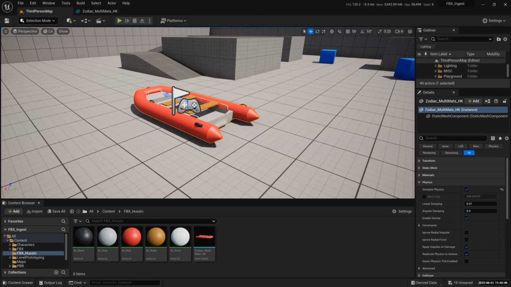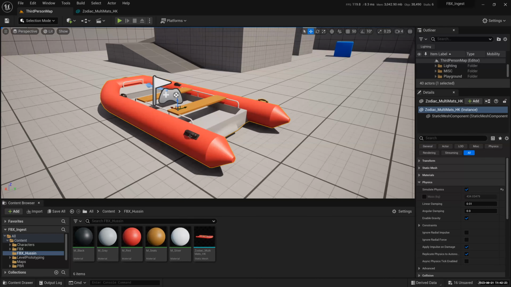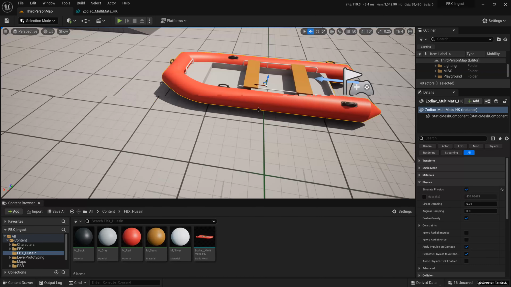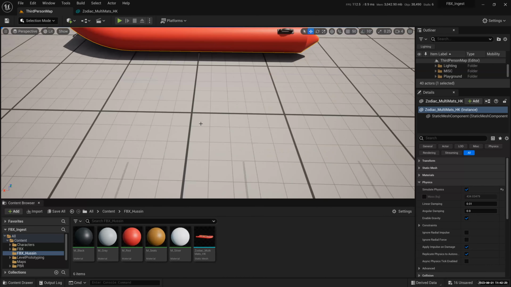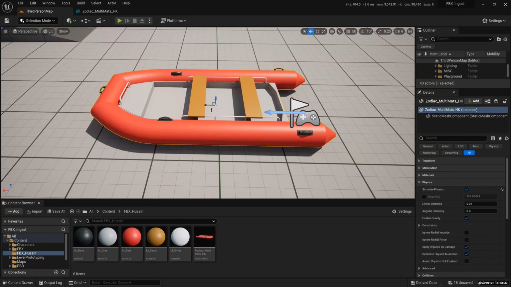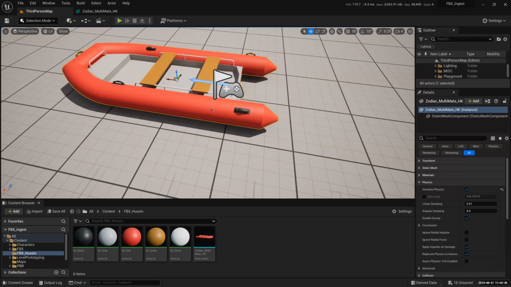So think about it first, whether the thing is needed. And if you think it's needed, you do it. But on the high-end machines nowadays, you don't have to worry much about collisions. You just have to put in a simplified collision version. Unless, like when I was saying, the character goes into the boat and sits on the seat, you have to figure out whereabouts she is going to sit, whether I make one here, one at the bottom, and another one here. It depends on how they're going to interact with the boat. All right, so that's collision.